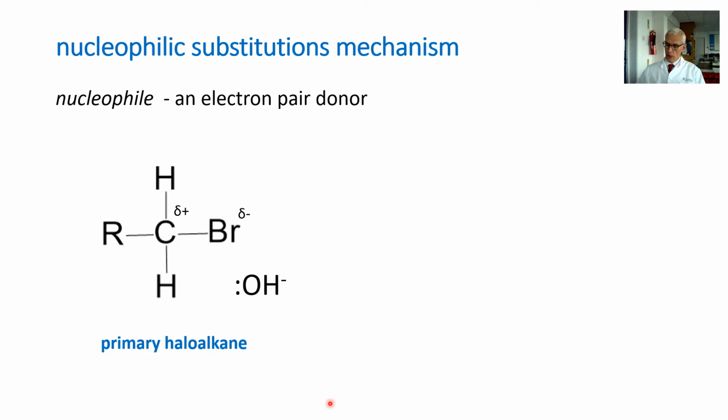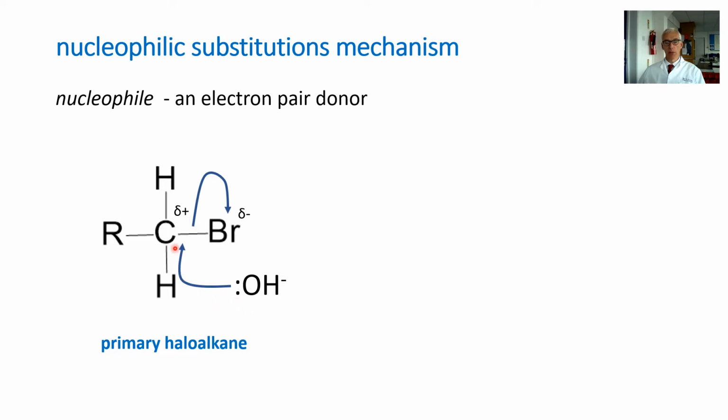Okay, so check whether you've been correct. The lone pair of electrons from the hydroxide ion attacks the electron deficient carbon, delta plus, and that causes a movement of electrons from the bond to the bromine, which we indicate with another curly arrow. If you recall, a curly arrow indicates the movement of a pair of electrons. So we've got two movements. The electron pair from the bond goes onto the bromine, and the lone pair of electrons on the hydroxide